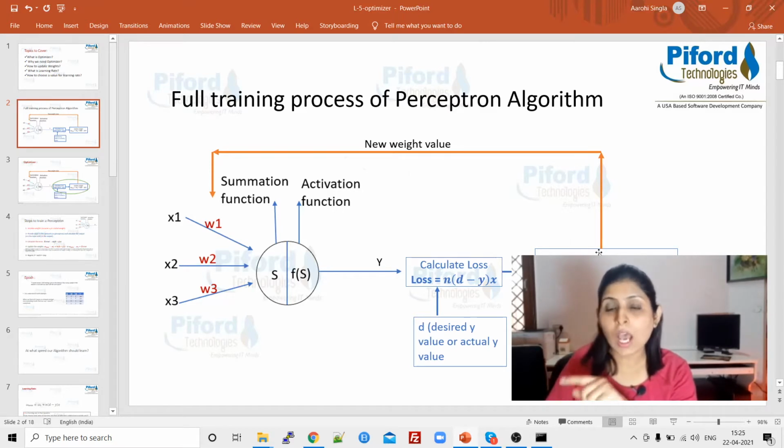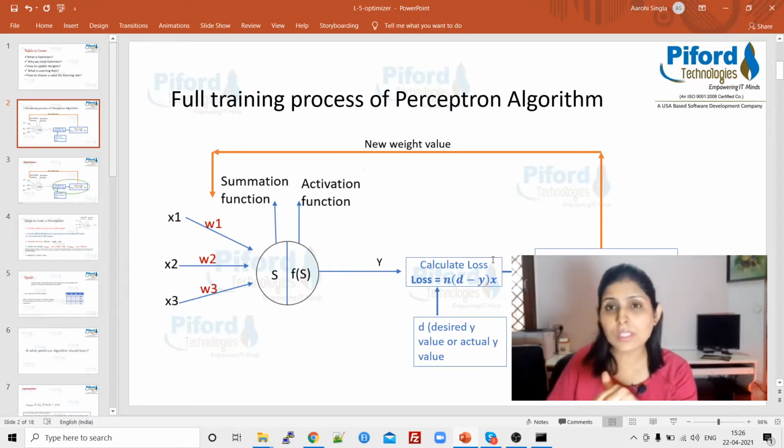So how can we reduce the error? By updating the weights. Which weights? These weight values. We will change these weight values and perform the whole operation again, meaning x1 into w1 plus x2 into new w2, x3 into new w3. Then we add up all those things and again apply the activation function on it, and this time you'll get a different error. Obviously you'll get a different value because these values have changed this time.